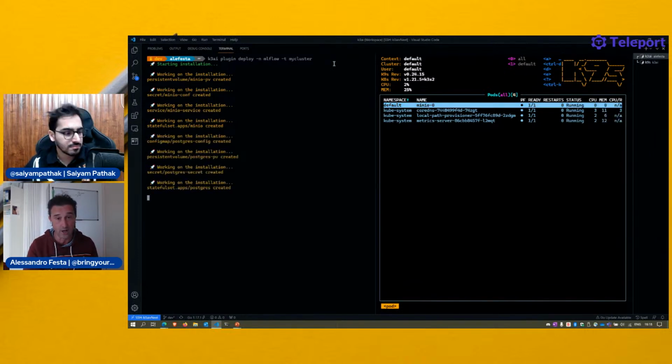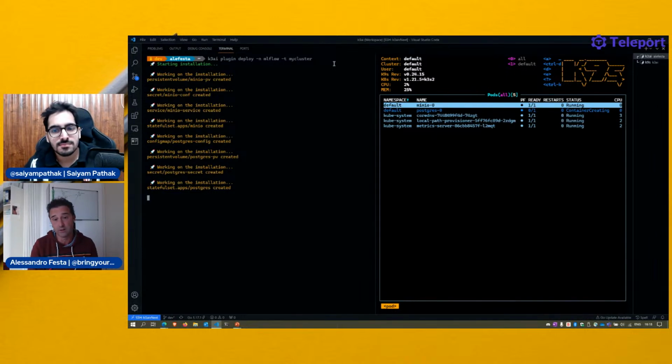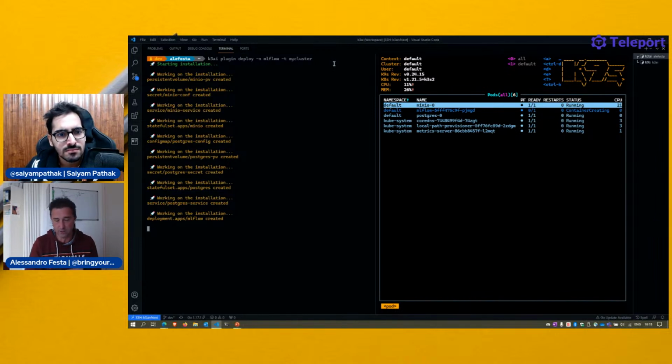And as you can see, we check out what's happening on your cluster behind the scenes. All you have to do is plugin deploy. That's what you need to run. You don't need anything more. Now, there are a few challenges there that we need to solve. For example, once everything is finished, how do we expose the services for you? So we typically use NodePort to do that. But in some cases, like kind, there's a bit of limitation with extra ports, etc. that we need to overcome. So in some cases, it could happen that the NodePort doesn't really work. K3s works, but kind has a limitation that we need to figure out how to solve.